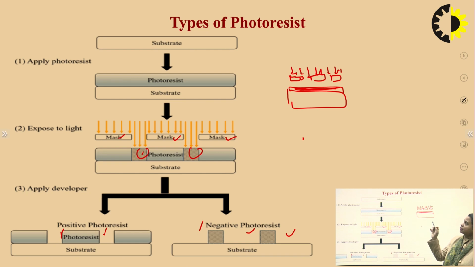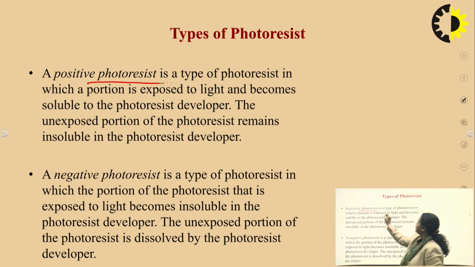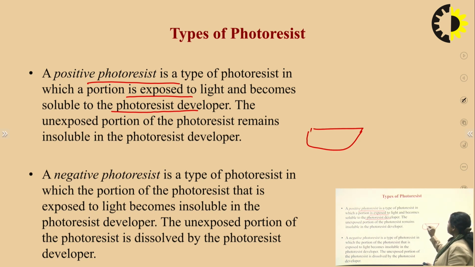So it may ask you what is PR. In the PR also you have to write about photoresists. So types of photoresist, the definition I have quoted here. Positive photoresist is a type of photoresist in which the portion exposed to light becomes soluble in the photoresist developer, right? The unexposed part of the photoresist remains insoluble in the photoresist developer. Clear? So the same way I have shown that this is a substrate, and suppose this is a layer,